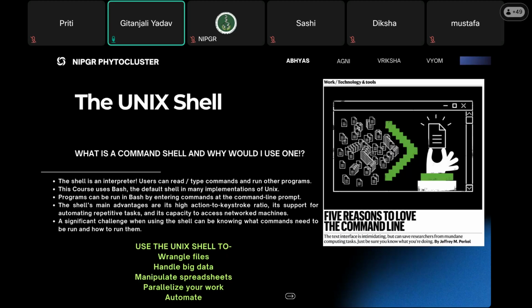A significant challenge that a lot of students, and I'm expecting you will also have, about using, or first time users who come to the shell, is about knowing what command should I run and how should I run those commands. Most students, 95% of you, if you have not taken this course, or if you are just pushed into running